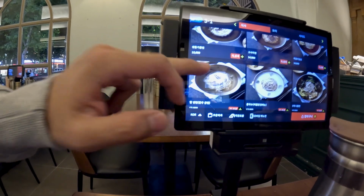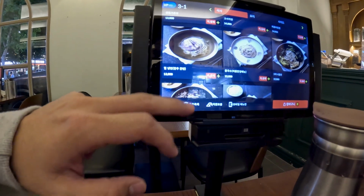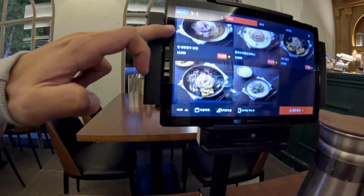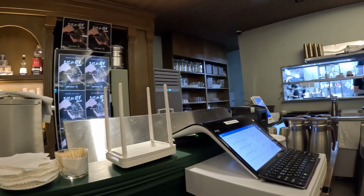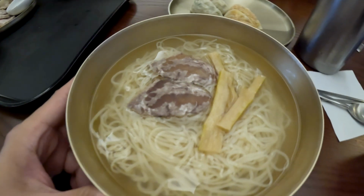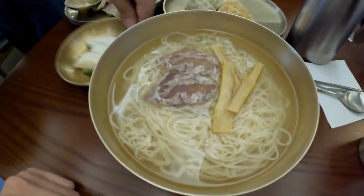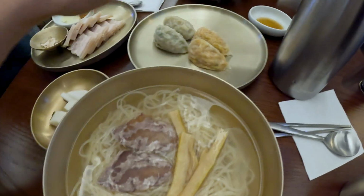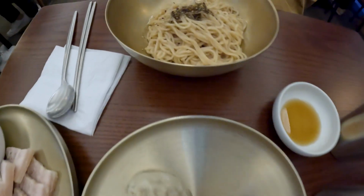The inside is very modern for a Korean restaurant, perfect for the younger customer demographic. They have an iPad with the menu. Obviously their highlight is the noodle dishes. Their signature seemed to be the perilla oil noodle and the spicy bibimbap noodle. They also had a mix of veggie noodle, kind of like a bibimbap, as well as a beef broth noodle. It was hard to choose because I wanted to try all of them, but I started with the beef broth